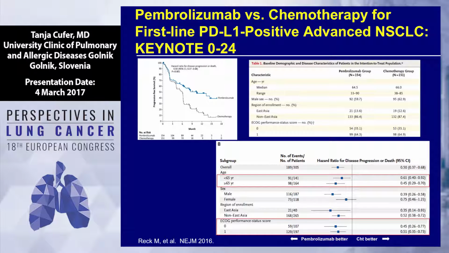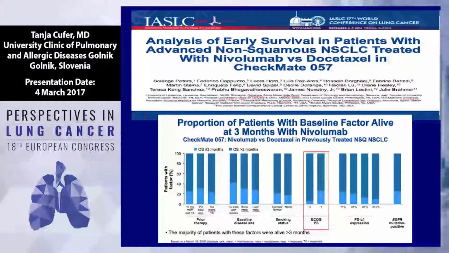That is another issue. What we are learning with immunotherapy during the last months or years is that we have a steep decrease in the first 3 months. How to select patients not to harm them with immunotherapy, how to select patients that will really benefit from chemotherapy, because during the first months we can lose our patient. And bad performance status patients, are these the patients that we should be most concerned about with immunotherapy? I don't know. We don't have any data, but there are interesting data that were presented by Solange Peters during the last conference in Vienna.